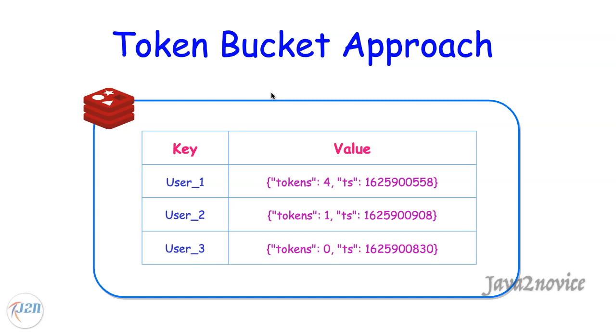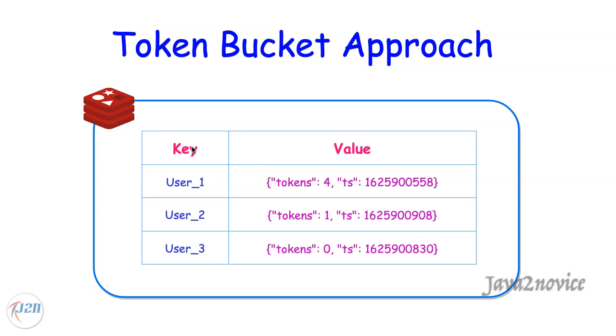Token bucket is one of the basic rate limiting algorithms based on hashing. We can record each unique user's access information as a key value pair. We will store it either in-memory or in Redis or Memcached kind of systems. Here is a sample key value pair structure maintained in Redis.